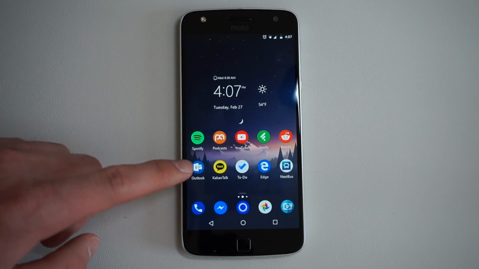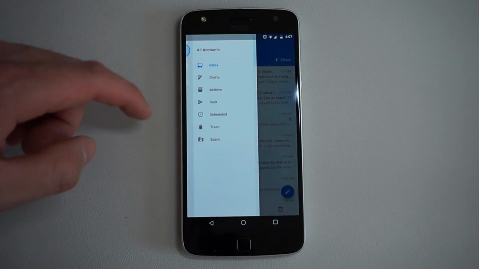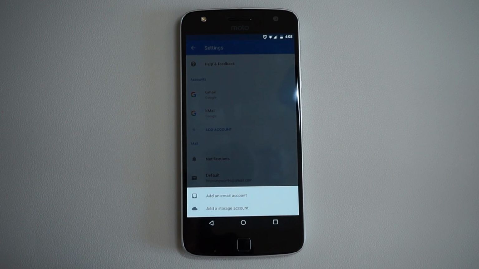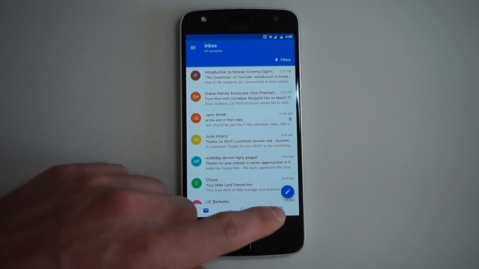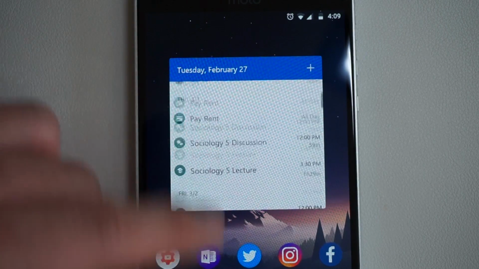No matter what email you use, even if it's Gmail, you can replace your email app with the Outlook app. Outlook can integrate very well with whatever email you have. It syncs calendars, contacts, and sync times have been very good so far. You can have multiple accounts so you don't need multiple apps to manage numerous email accounts. Since Outlook has calendar sync and widgets, you don't really need a separate calendar app either.